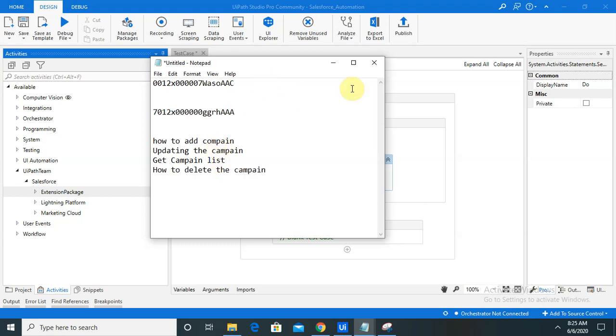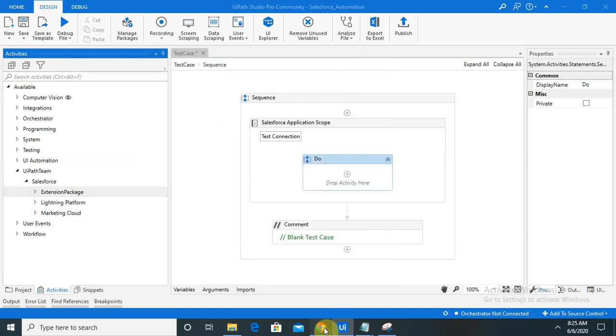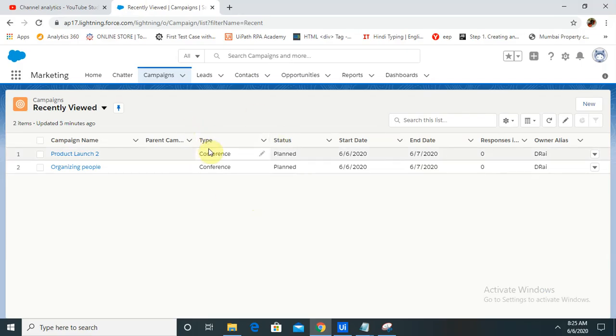For performing this activity, we will need a Salesforce login credential, which is created for the developer login. If you want to sign up for Salesforce and create the application login, I will mention that URL in my description so that you can create your account and perform this activity on your own.